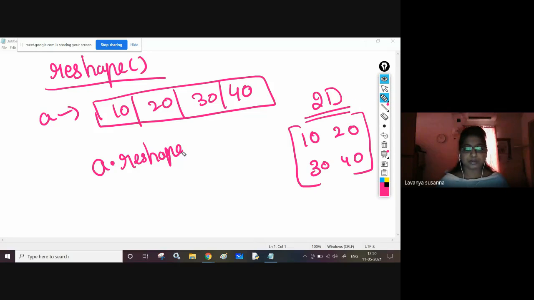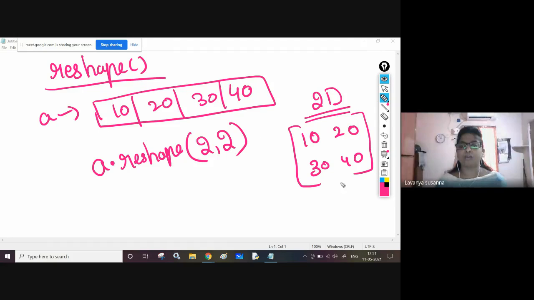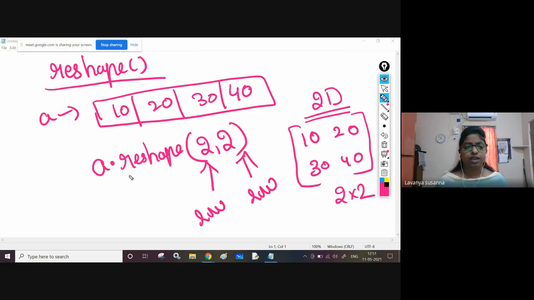A dot reshape of 2, 2. There must be 2 rows and 2 columns, right? How many elements are there? 4 elements, 10, 20, 30, 40. You want to convert this into a 2D matrix, 2 rows and 2 columns. So you provide how many rows and how many columns to reshape.